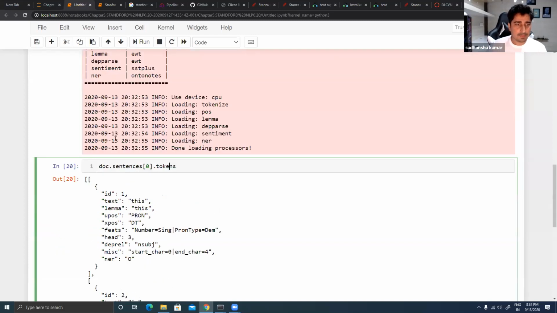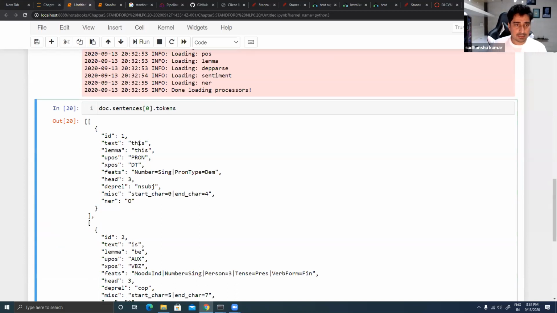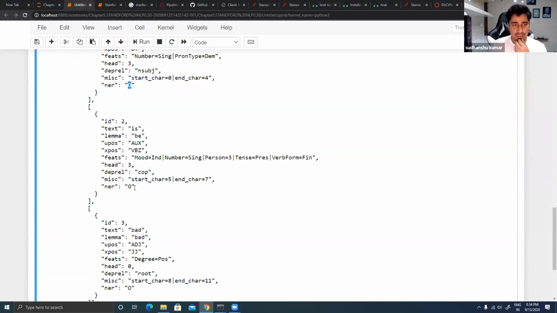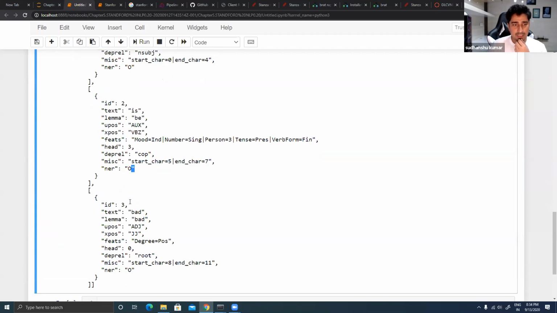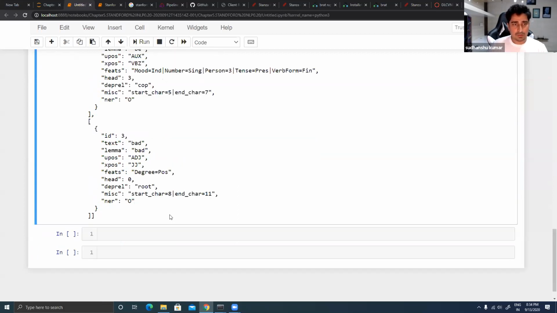So in terms of token, the text is this, the lemma for this one is this, and then string, head, misc, NER. Yeah, so I'm able to get NER inside the token. So NER for everything I'm able to get. Named entity recognition, right? So I can try to write